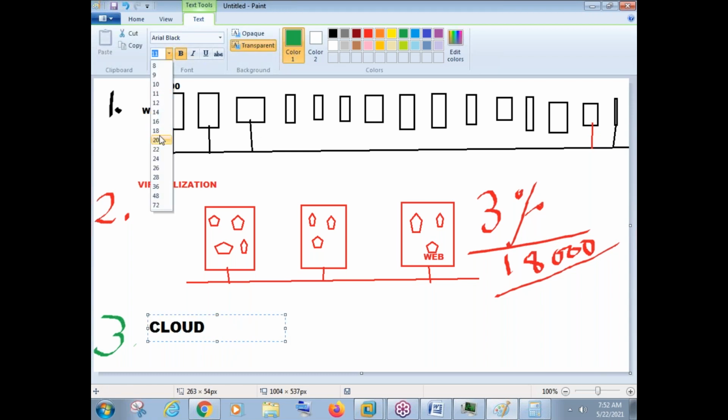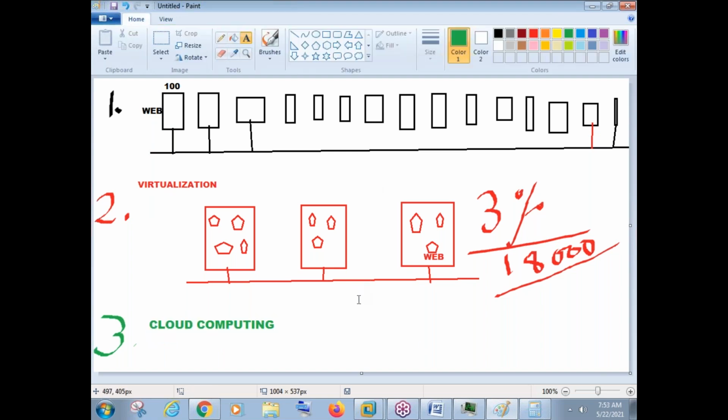So what exactly is this cloud computing here? Cloud computing means in our company, actually there are no servers. There are no 100 servers and there are no 3 servers also. In our company, there are 0 servers. So what we have to do in our company is, we should have an internet connection. That's it. But can we see any company without an internet connection? Of course, no. Every company has an internet connection, right?